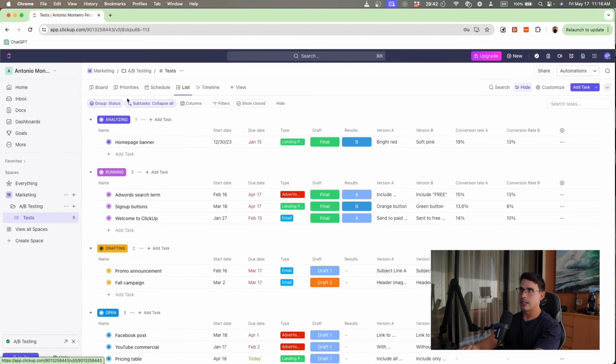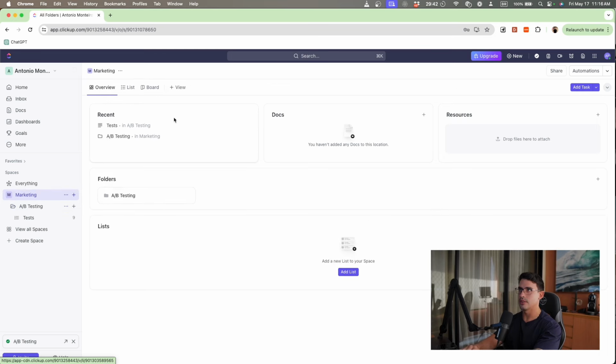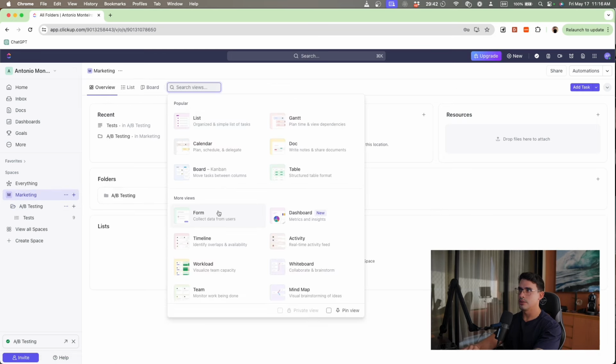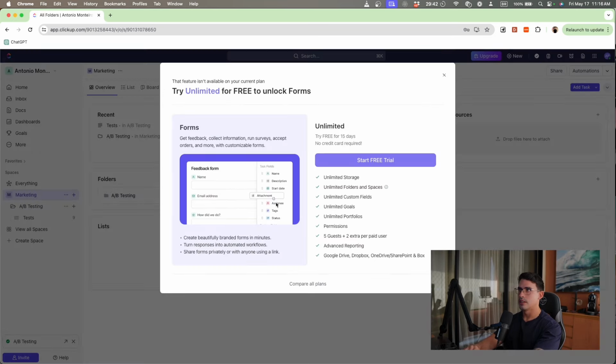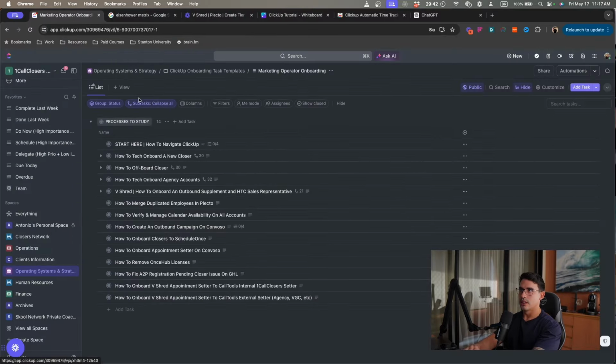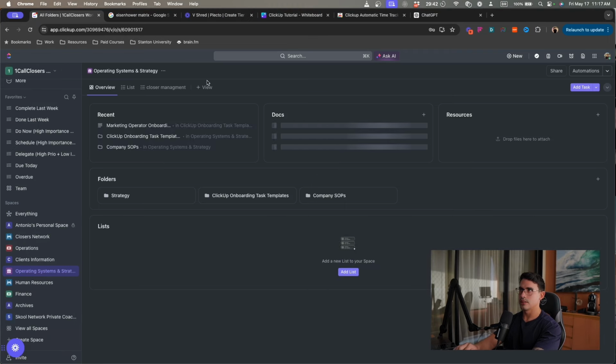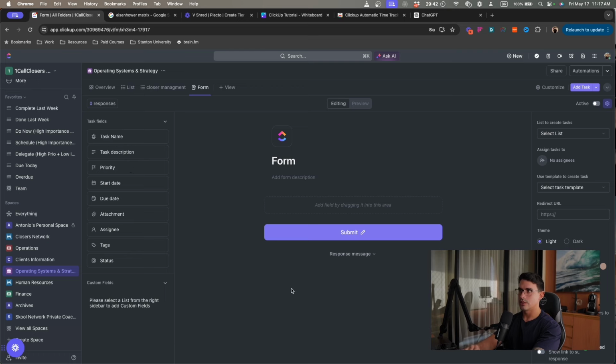And then imagine, for example, that you have built all of your folders inside the marketing tab. Then you can create a form that, if the team... I'm just going to show you on a paid account. Let's say you have the marketing folder here, and you can create a form so that if your team wants to submit A/B testing requests, it can just be on a form like this.